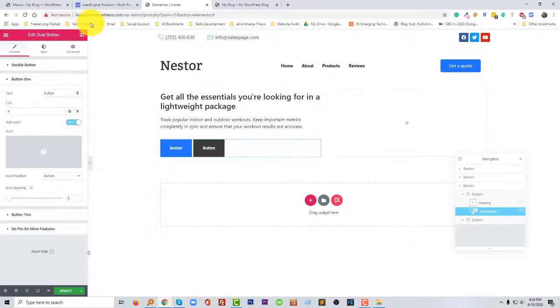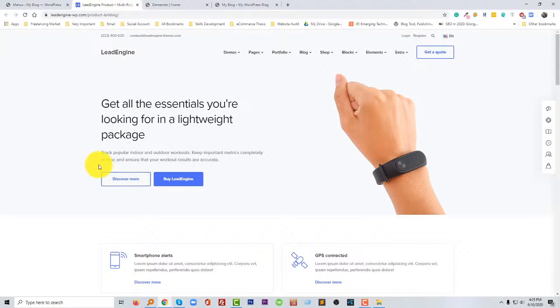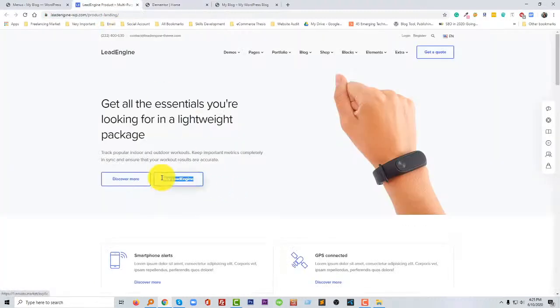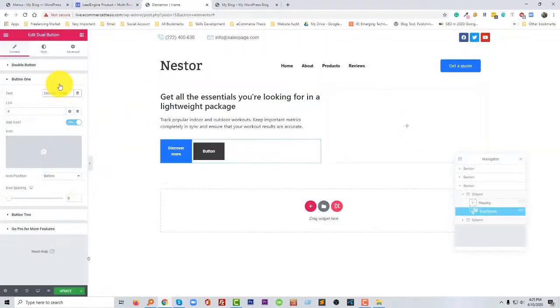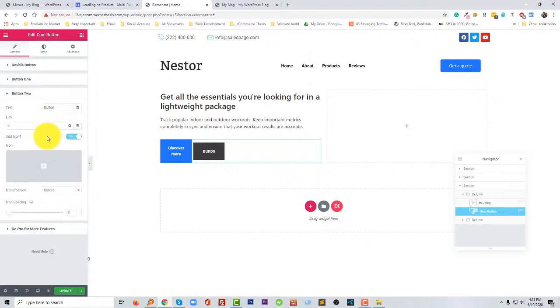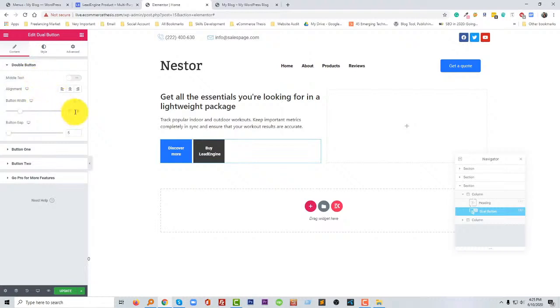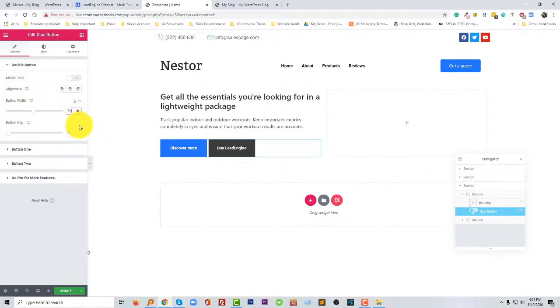So button 1 text is discover more, and this one just keeping the same, and dual button width 50 pixel, button gap 10 pixel,